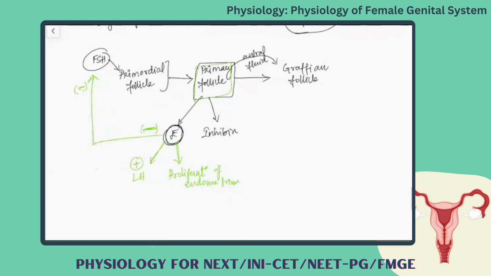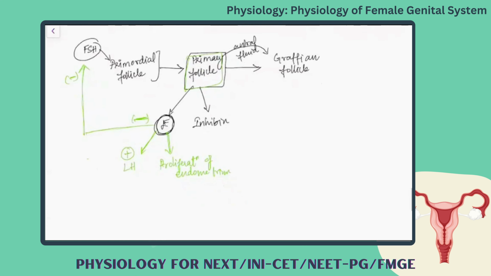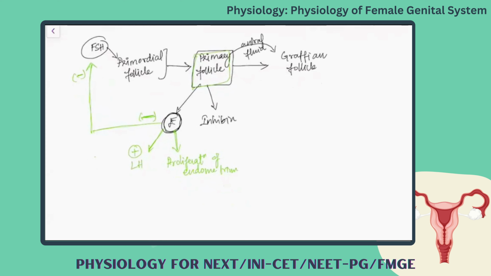Okay, clear? So now, what is the role of inhibin? Specifically, the inhibin produced in the primary follicle is inhibin B. So what is this inhibin going to do? It inhibits the